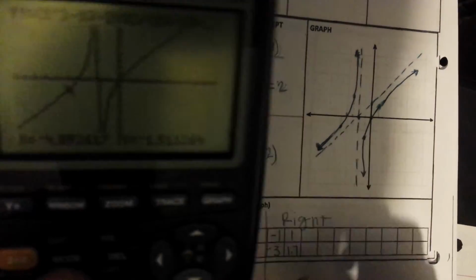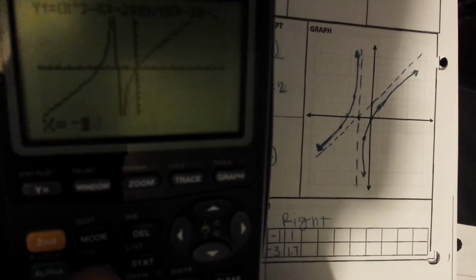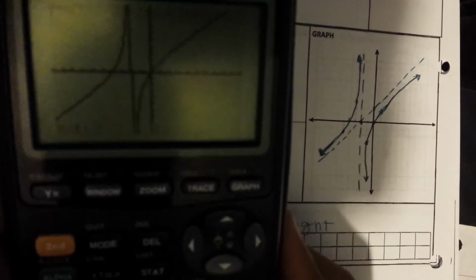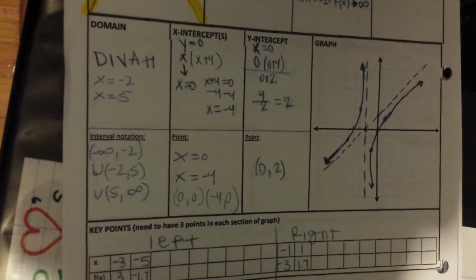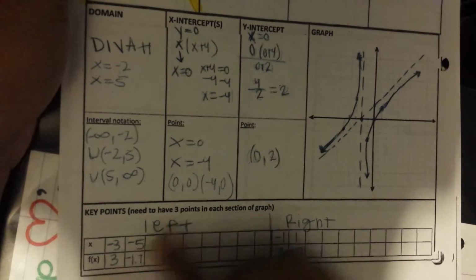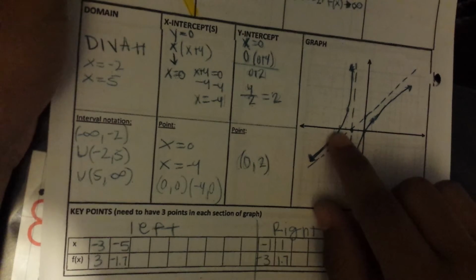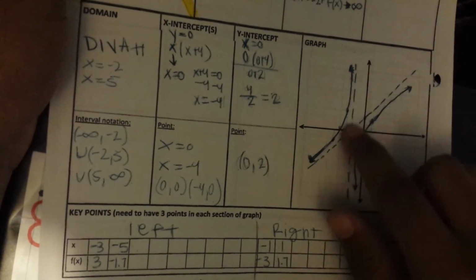Then on this side you hit trace, and then you put negative 1, and that would be negative 3. Then you hit trace again, put 1, that will be 1.6, and I put 1.7 to round it out. So when we found those points, you plot them in there, which is negative 3 and 3, and negative 5 and negative 1.7. And then you sketch it out